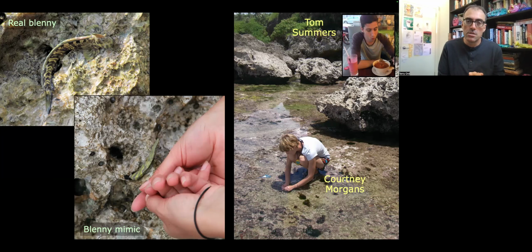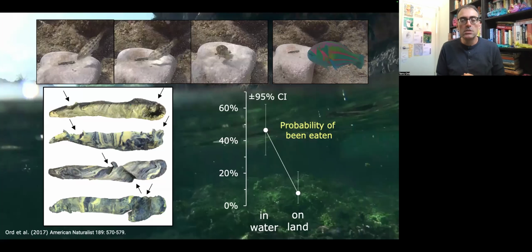Now, it's plasticine, it's food grade. This is the sort of stuff that people give their kids to play with. So even if those predators actually munched on that plasticine, it's not going to do them much harm at all. So they went out there and distributed this out and they found that the probability of being eaten, so being attacked,